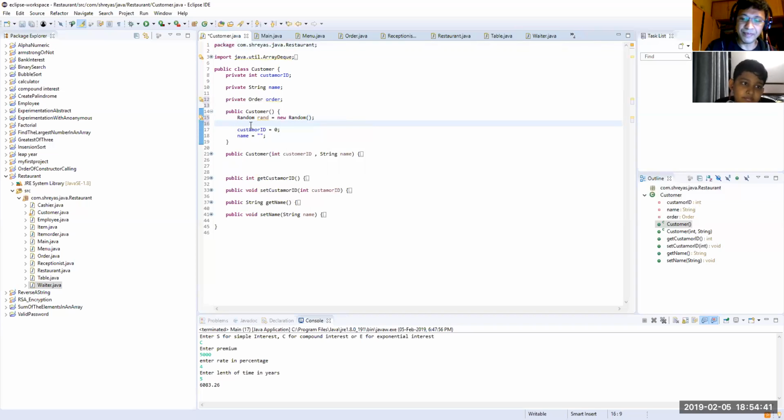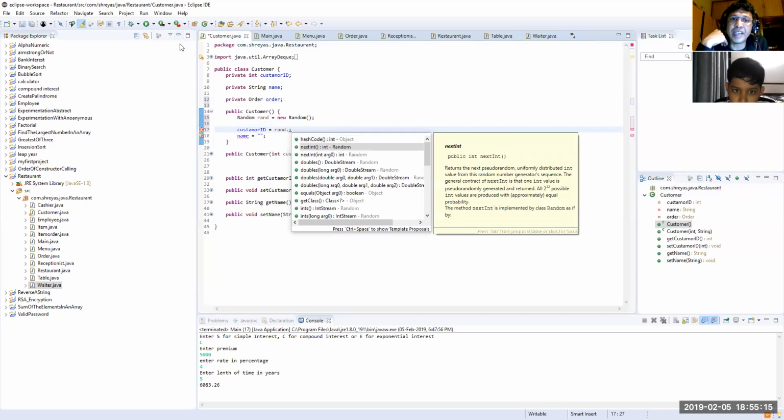So then customer ID is equal to, I'll type. Customer ID is equal to, here, instead of 0, we'll put the customer ID, okay. We put the customer ID equals rand, R-A-N-D, rand. Please type R-A-N-D, the variable. Dot nextInt, dot nextInt,